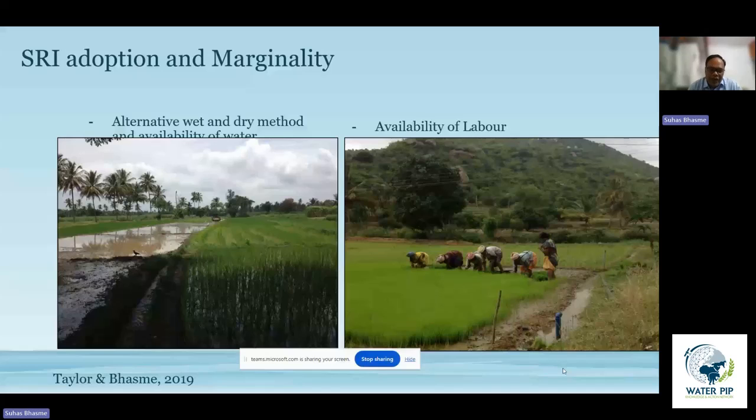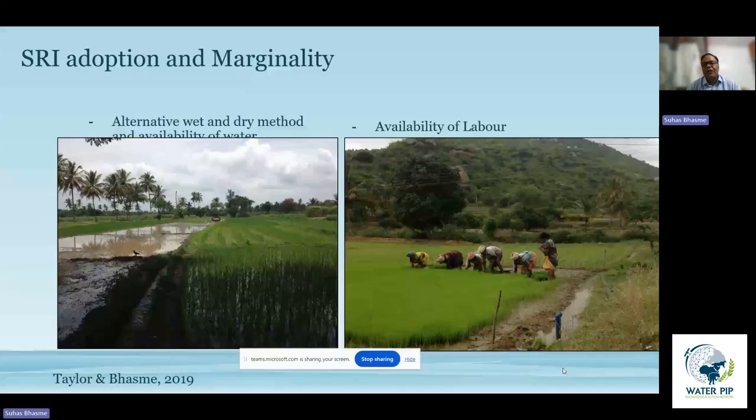In this particular area of Telangana, there is increased groundwater competition, and that leads to vulnerable situations, particularly when it comes to harvesting of the crops. In order to avoid a future catastrophic situation where you will not be able to have water if you rely on the alternate wet and dry method, farmers prefer to go back to the flood irrigation method of cultivating rice. So it is important to understand how the conditions are social, but also natural, and how the competitions created force farmers to discontinue some of the beneficial programs as well.